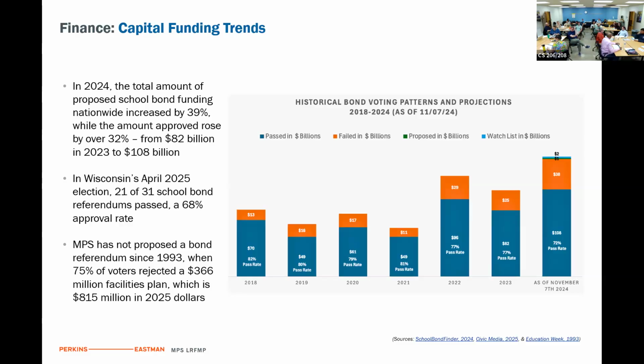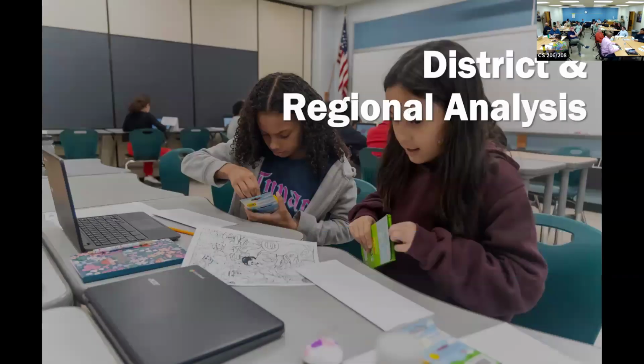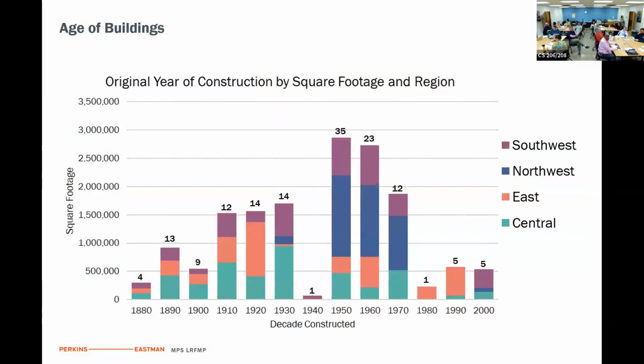Any other questions? Happy to come back to it later if need be. Looking at the district versus regional analysis, we have broken out some details by region here. This is the same graph we showed earlier, just by region, showing original construction year and how many buildings were constructed by decade. You'll see the spikes, especially in the 50s through the 70s, and also a lot of central region schools built in the